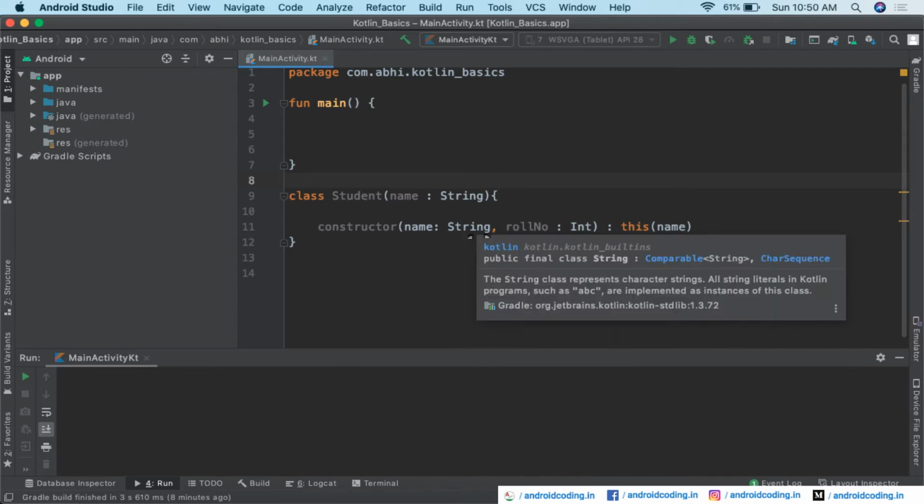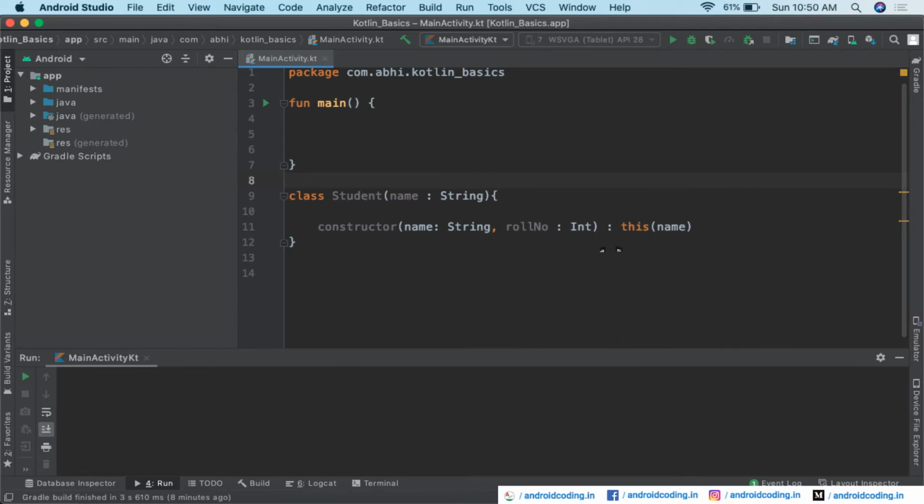Now we have specified our primary constructor call. As we have only one variable in our constructor, we call the same, and if you have multiple, you may keep on adding them. Now let us see how we will call this in our main method.